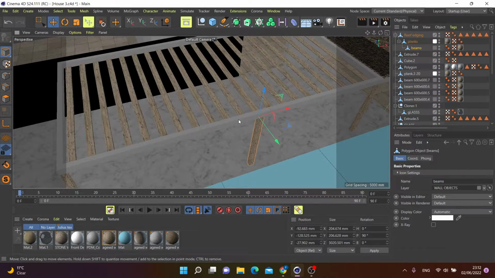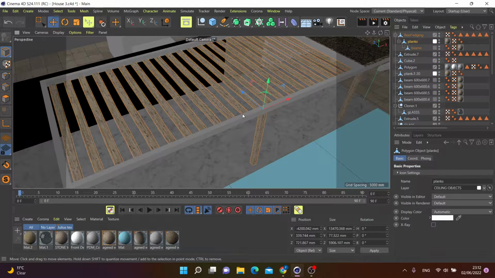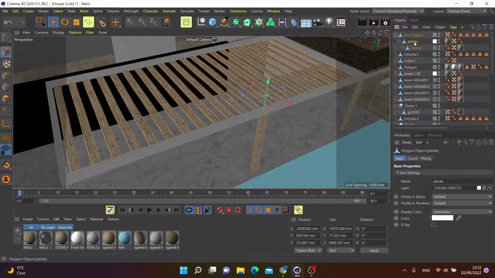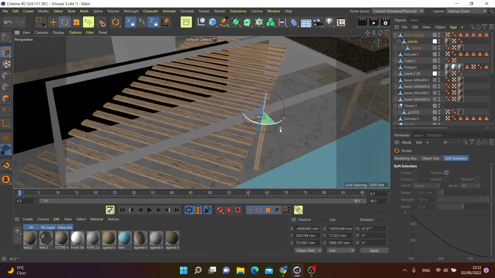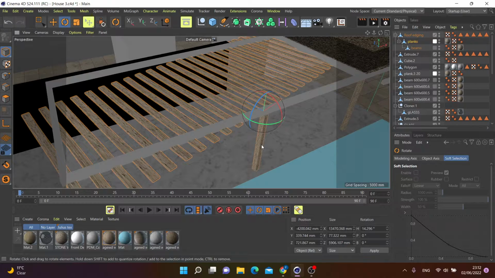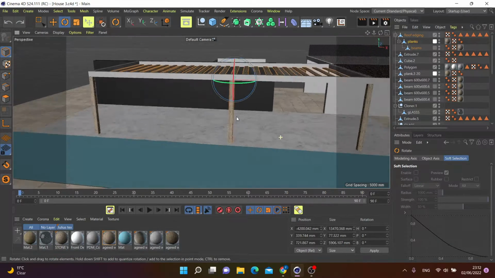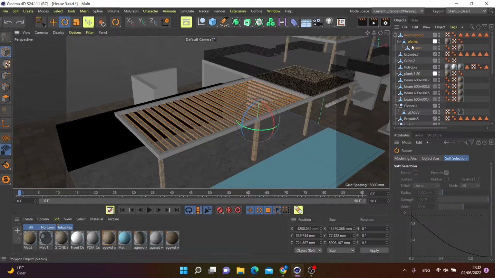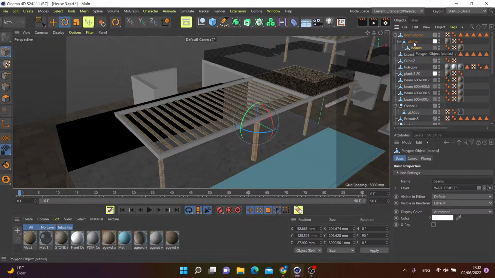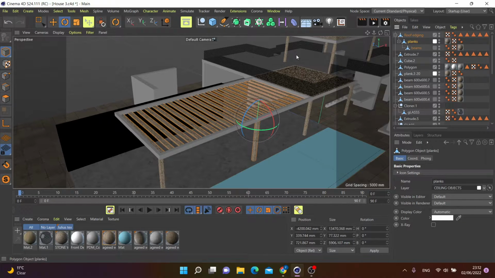So what I'd like to do is, typically if I wanted to rotate the planks independently of the roof edging, I would just go to rotate, and I will not be able to do it unless I also rotate the beams under it. So there's a quick trick and a quick way of doing this in Cinema 4D, and the way you do it is if I wanted to rotate the planks independently of the roof edging and the beams,